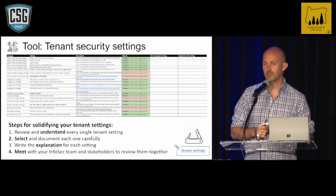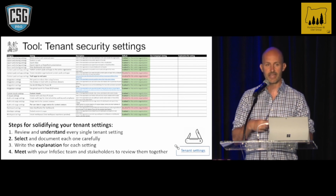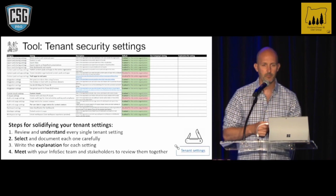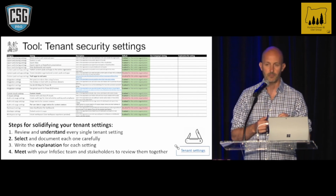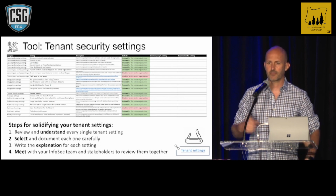It's also a document that needs to live, because I can't count how many times over the past year suddenly there was a new feature in there. And Microsoft doesn't exactly announce it very broadly, so it's important to periodically audit this and check it against what you have. And we discovered early on,